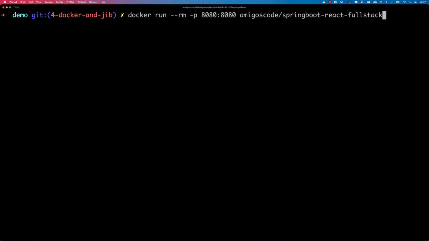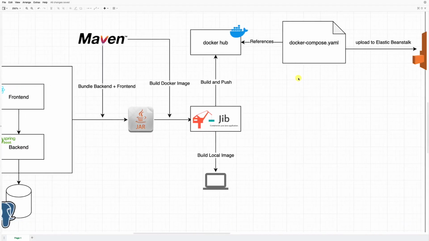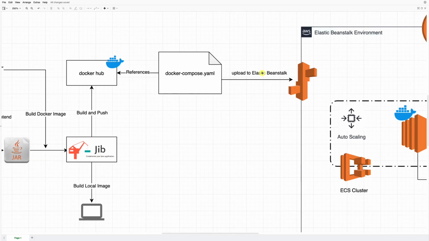Let me just run it again. So docker run --rm -p 8080, and then this is the image right here. Enter, and then we get the application up and running. Now this is running locally. So basically in here, we want to learn how to take our image right here and then write a file,